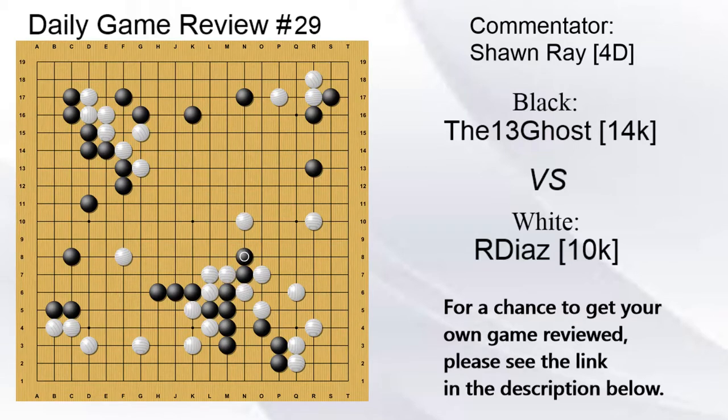However, black does need to watch his eye space on the inside. As long as he lives on the inside, he is cutting white apart, so it's good for him. You probably want to go ahead and get that, and maybe get some exchanges here, and then you can see black is practically alive on the inside. Now, once he's alive on the inside,